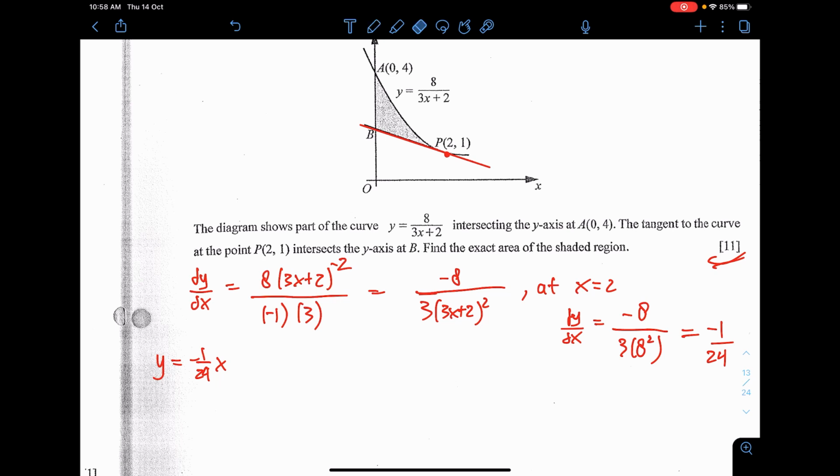Wait, why did I put the 3 below? My bad. Wow, I think I'm getting old. The 3 should be above. Oh my god. Yeah, this one is 24 here. So there's no 3 here. And that means if you divide this together, negative 3 over 8. Yes, that should be the thing.